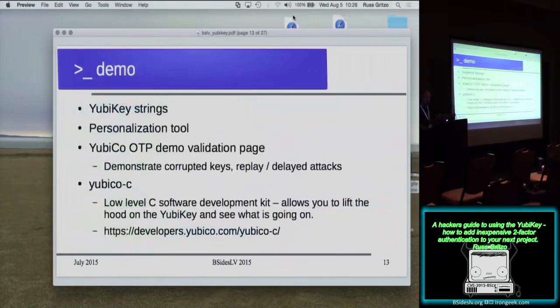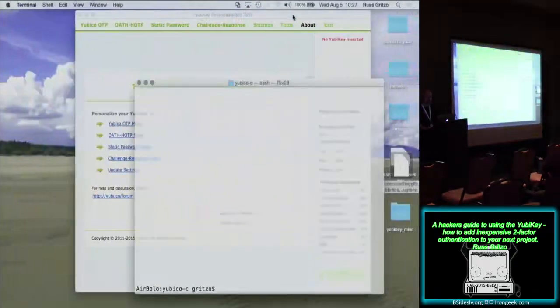So I won't show, because I want to make sure and leave plenty enough time for the rest of the stuff. I won't show a lot of this stuff, but let me give you a quick overview of the personalization page,